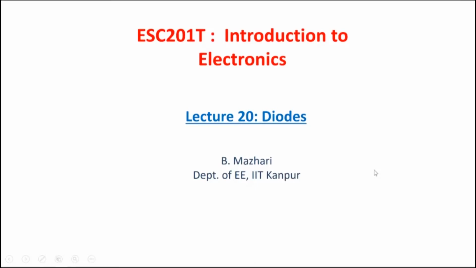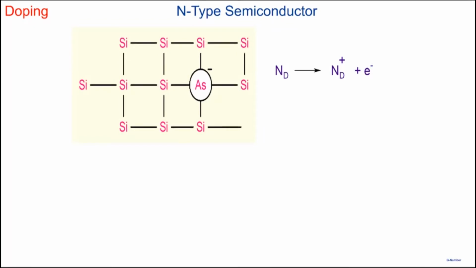Okay, so let's continue our discussion related to the second module of this particular course on semiconductor devices and analog circuits. So today, in the last lecture, we saw there was an introduction to semiconductors, and today let's look at p-n junction diodes in brief. So before that, in the last lecture, we had seen that